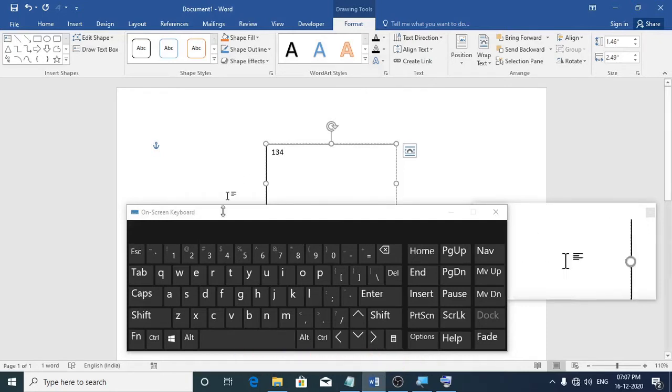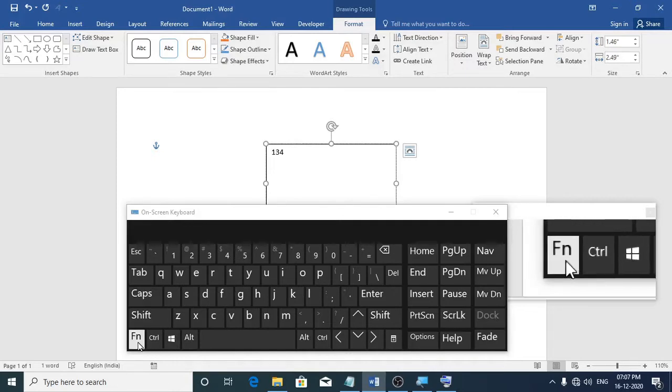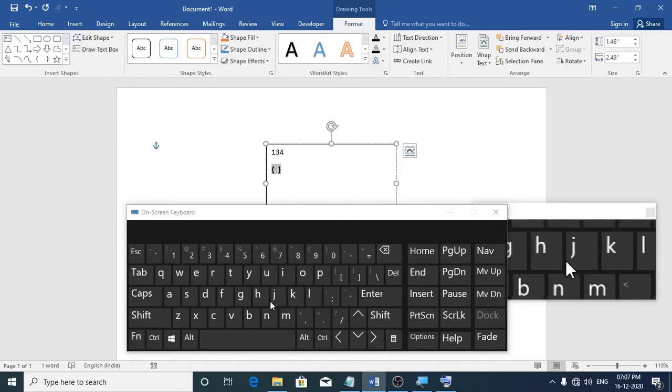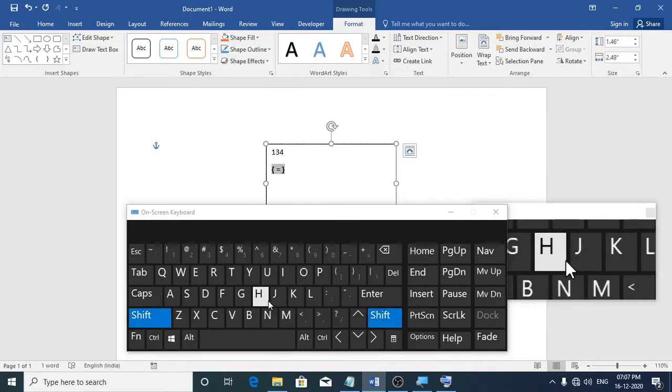Now let us try once again. I'll just insert a field code once again. Control and F9 keys. Then equals. This time let us create a complex formula. I'll divide this by 2.